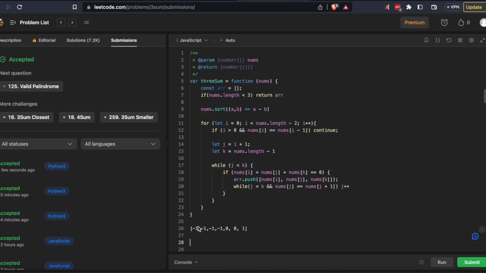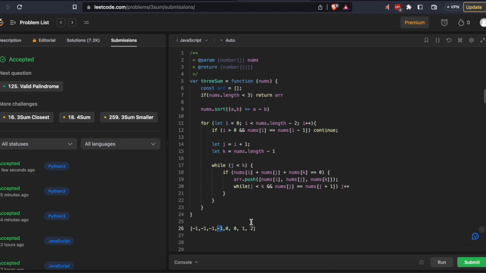Let's say this is our array, and we have i here on our first iteration, we have j here, and we find that, let's say this is 2 actually, or we have a 1 and a 2. We find that these two values, so i is here, j is here, and k is here, and that would equal 0. And so we would push that onto our array, and remember j is right here still. We want to move j to the last index that has this value. So we increment it once, then we increment it again, and then we see that